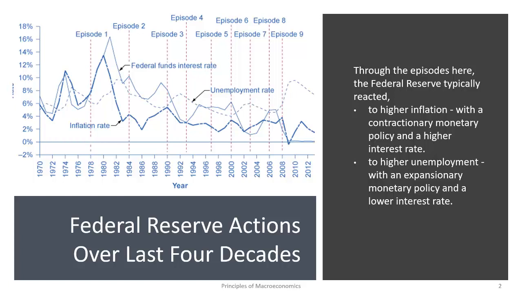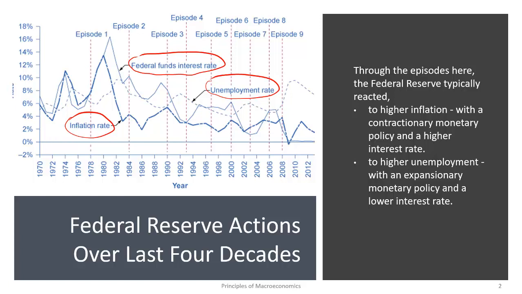And it's divided into 9 different episodes since the 1970s. So it's the monetary policy of the Federal Reserve over the last 4 decades. This is your federal funds rate, which is the interest rate that monetary policy targets. This is the unemployment rate, this dotted line, and this darker line is your inflation rate. And one thing you are seeing here is that there is a pattern, and the pattern is this: